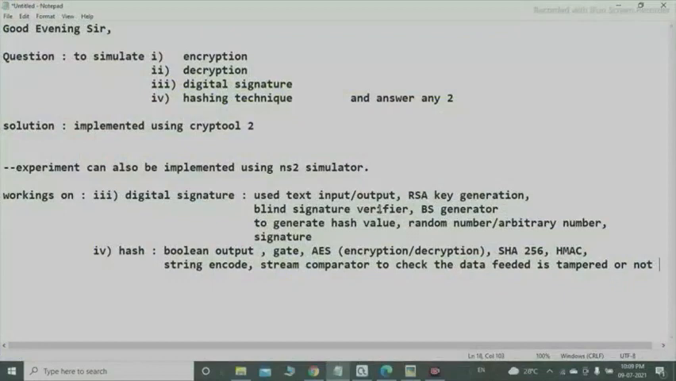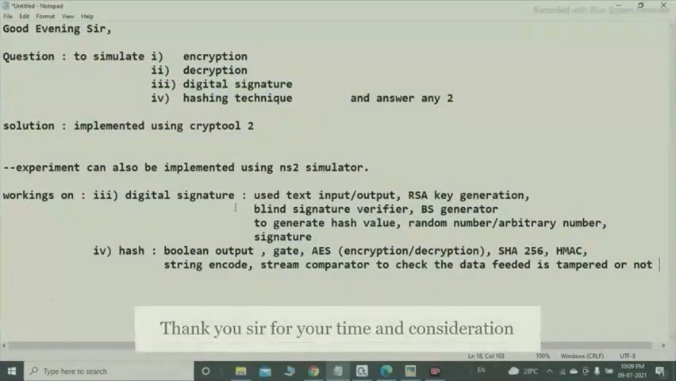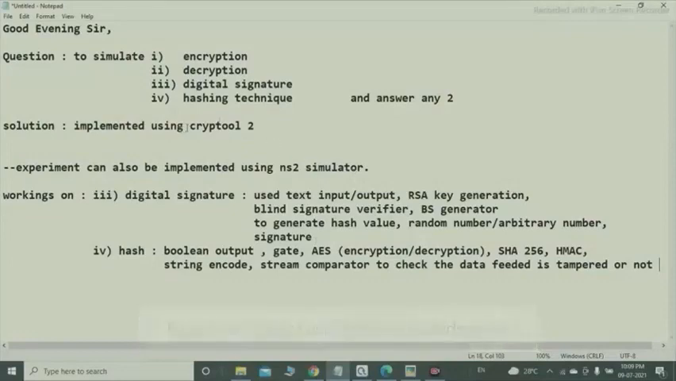So it is not only with this, but we can also do it with the NS2 simulator. But I have tried with CrypTool 2, version 1. It is a straightforward thing,